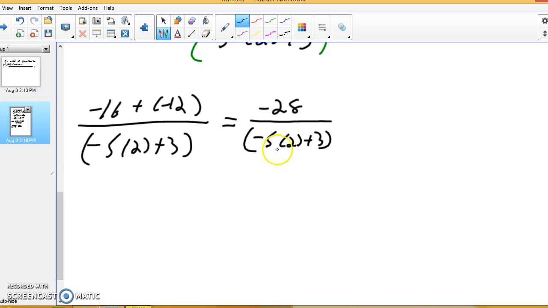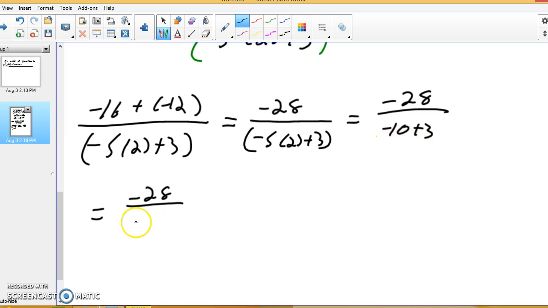On the bottom, I see that I have one set of multiplication and addition. So again, by order of operations, I'll do the multiplication first. So I leave the top the same. Negative 5 times 2, that's negative 10 plus 3. So now negative 10 plus 3, that's a negative 7. Okay, well now we go back to our dividing